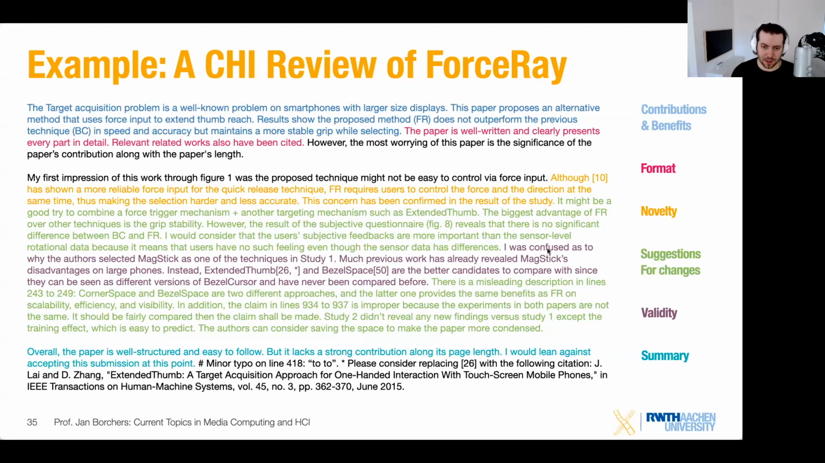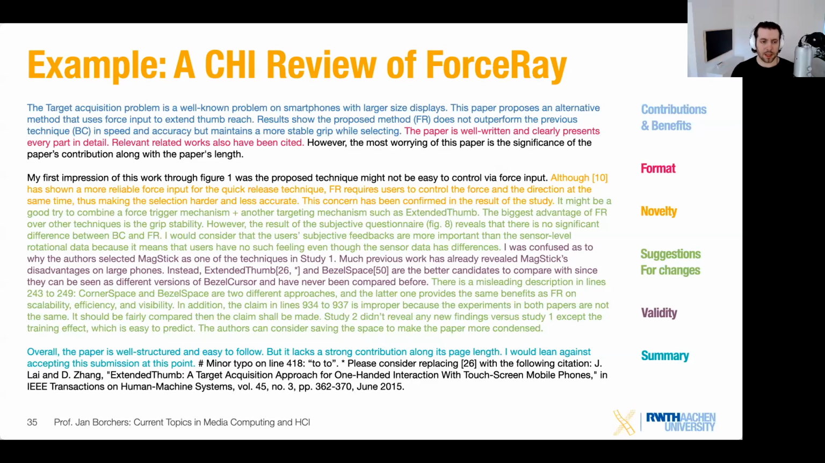And then everything in green is suggesting changes. I will only read this one section, not the other one. So it might be a good try to combine a force trigger mechanism plus another targeting mechanism such as extended thumb. So this is, for example, a new method. They're saying, okay, you have these problems in your actual artifact, so in your actual implementation you might look into different possibilities to address these issues. And they also say the biggest advantage of Force Ray over other techniques is grip stability. So this basically means that you don't have to regrip your phone while you are